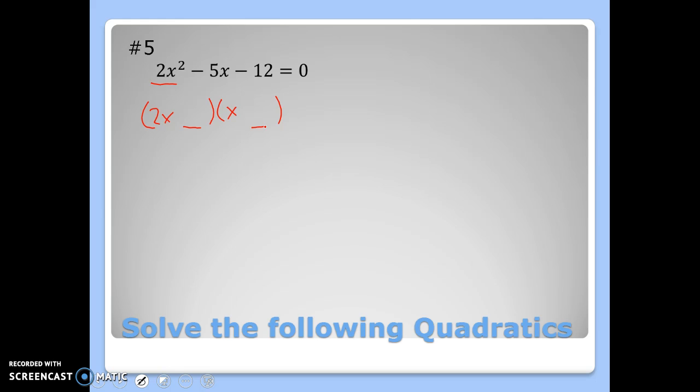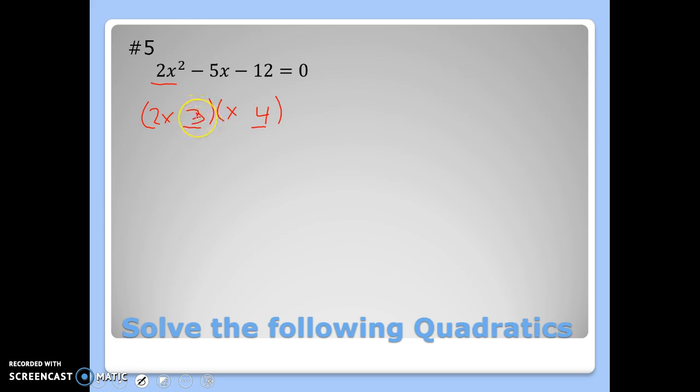So let's see. I want to try to get it right the first time. 12 and 1's not going to work. I could go 6 and 2. 6 and 2 I don't think is going to work. I could go 4 and 3. 4 and 3 I think is going to work. If I put the 4 here and the 3 here,